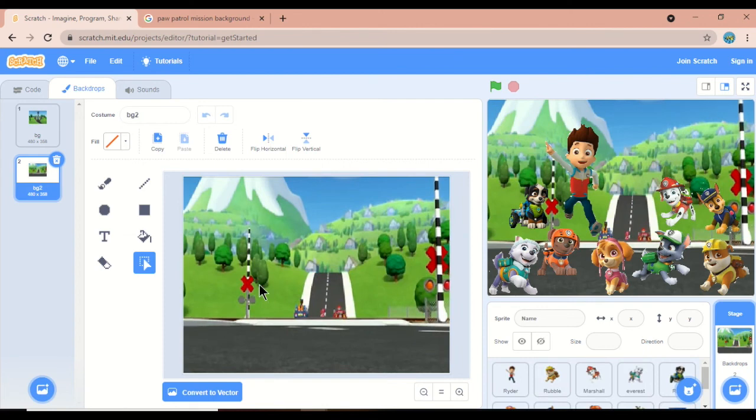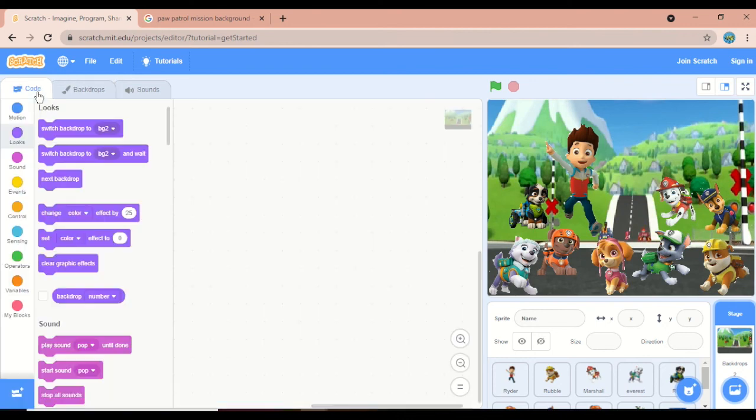So here now we have a second background, and when you upload this background, you can see this backdrop option here. You can change the name. You can give a name as you like. This one I gave BG, so this one I'll name BG2. Then next we will go back to the coding section.